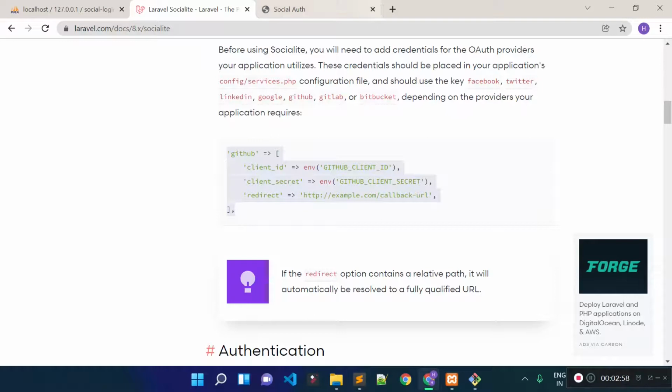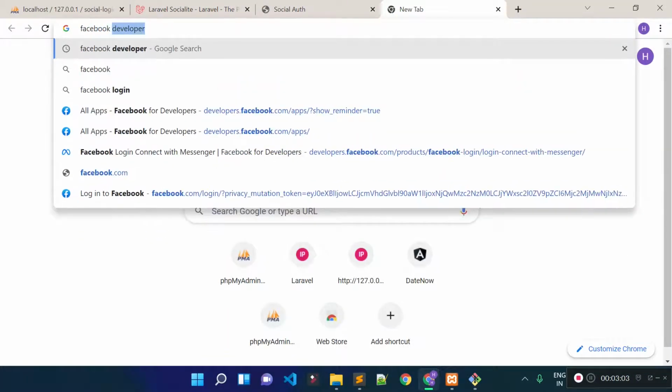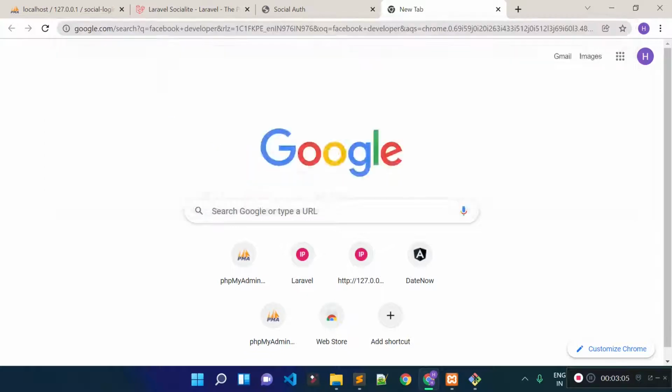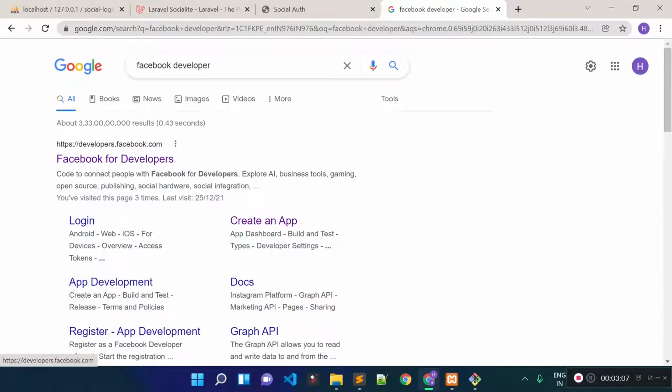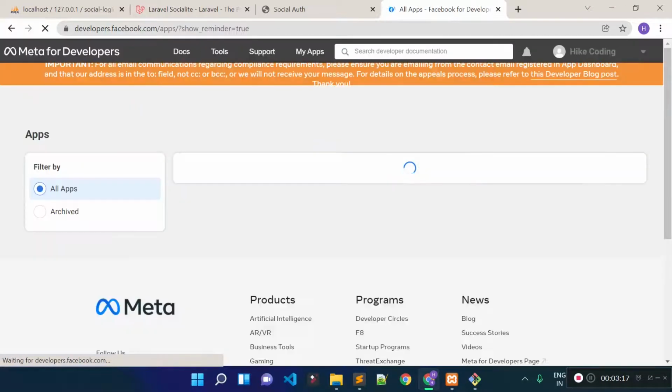So let's search Facebook Developer in Google, and then let's click on this link developer.facebook.com, and then you need to be authenticated to create an app. So let's click on this my apps link.